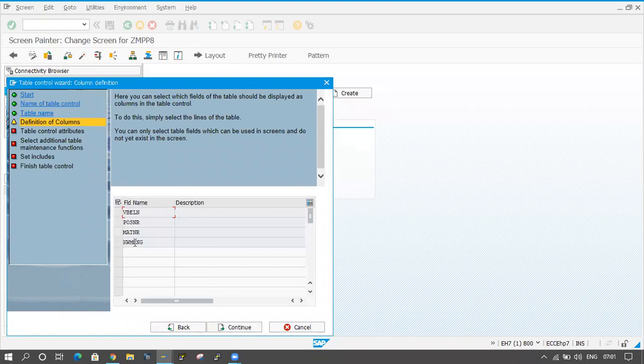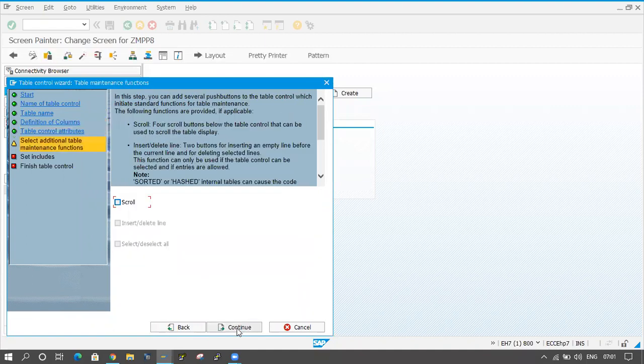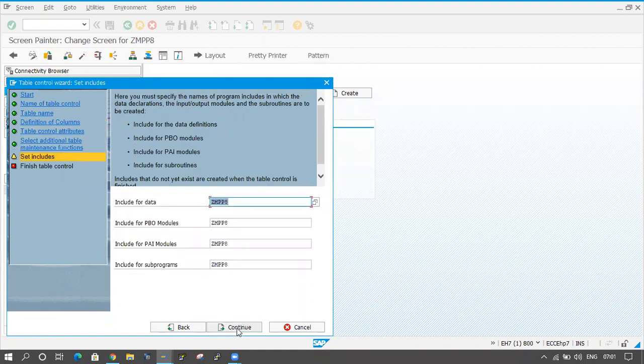From this structure, I want to take these fields: VBELN, POSNR, MATNR, KWMENG. I want to take these 4 fields, so click on continue button, continue, continue. So here it is asking you for the include names. Where do you want to save the PBO information and PAI information and remaining data?